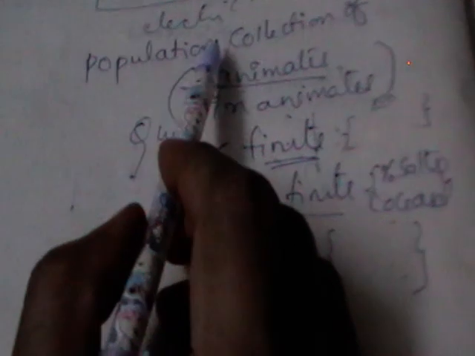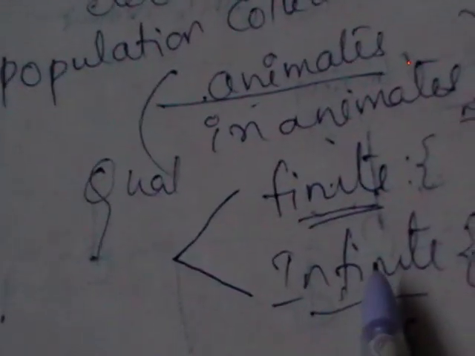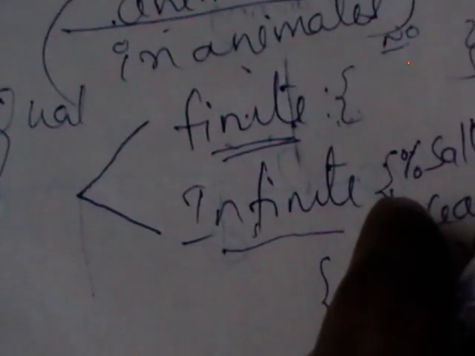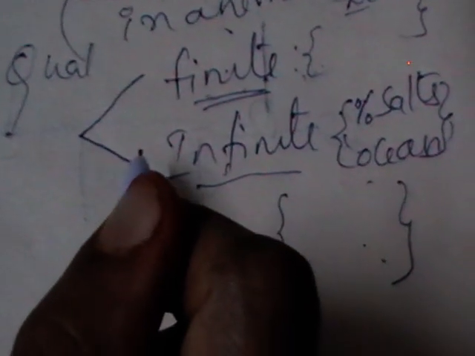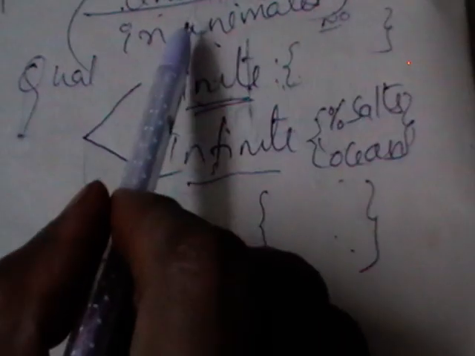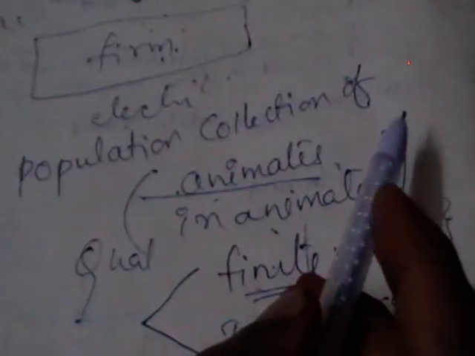You are going to collect 3 or 1 piece from each box and arrive at a decision. To arrive at a decision on the quality of the chalks, you are collecting a subset from the population, whether it's a finite or infinite population. To accept or reject the given lot, we consider a subset or a number of units from the population. That is called a sample. I think in day-to-day life, we come across this phenomenon.